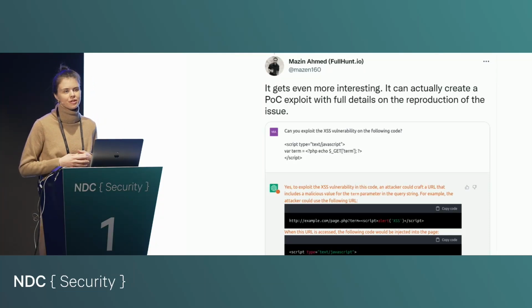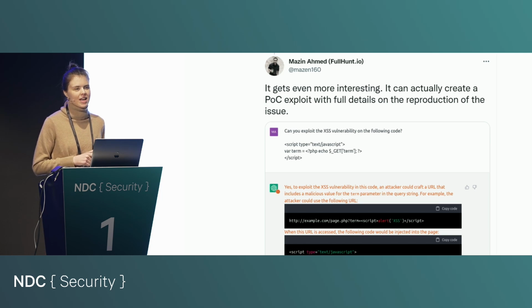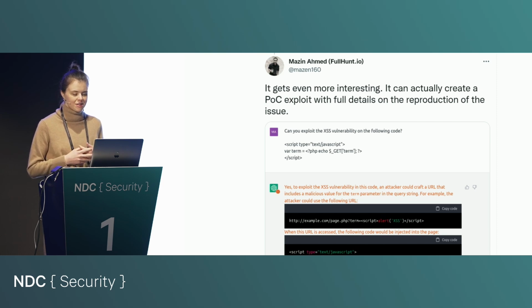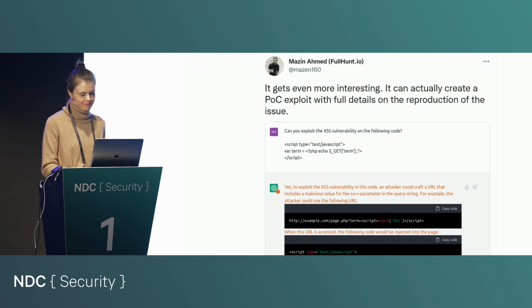And there have been a lot of proofs of concept posted on Twitter, where people are trying to either get ChatGPT to generate an exploit snippet or explain how to exploit some piece of code. This, of course, is a very simple example. It's just a cross-site scripting vulnerability, but I've also seen a few other ones that are more advanced. So there is also this fun gem that's coming for those on the defensive side, is that now we can automate vulnerability creation on a much larger scale than before.